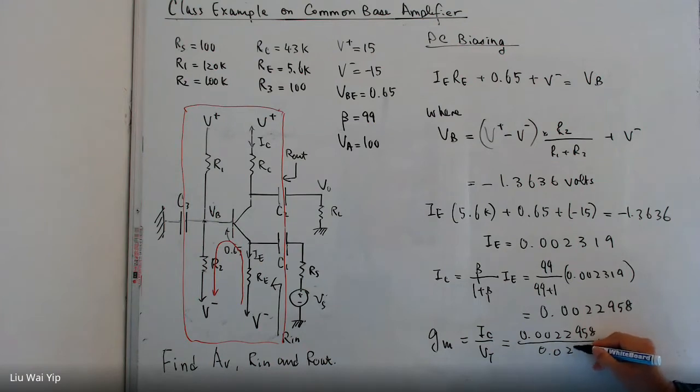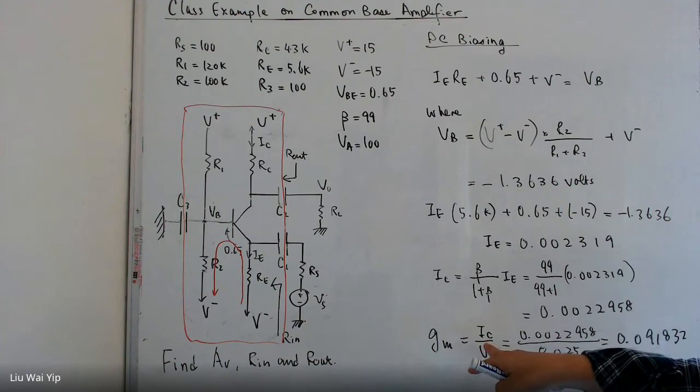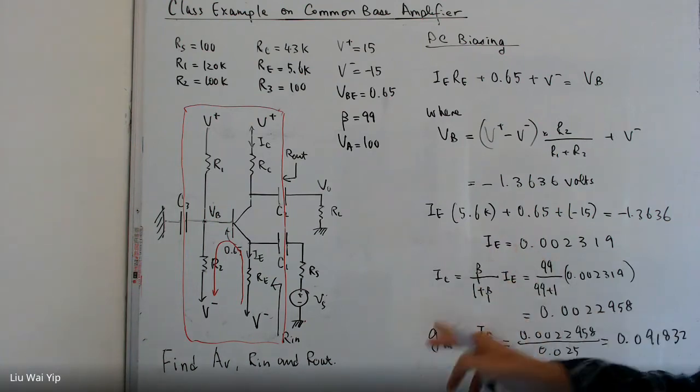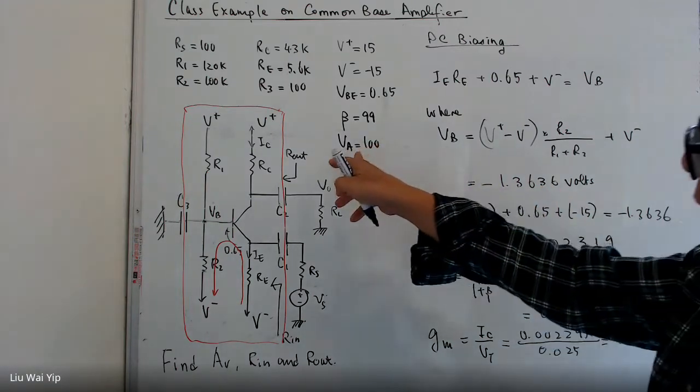0.025. So I expect you will get 0.09182. You have the IC value, you can use the IC value to work out the conductance. And another thing that you can work out is